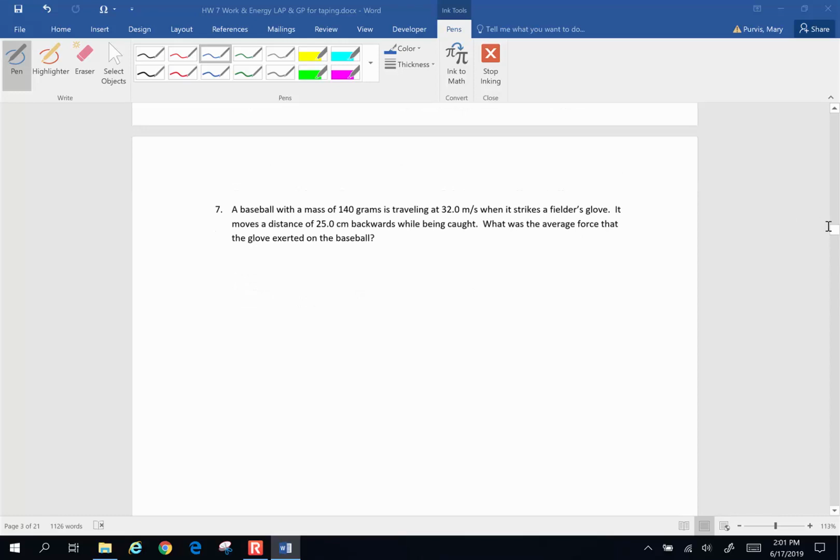Number 7, a baseball with a mass of 140 grams is traveling at 32 meters per second when it strikes a fielder's glove. It moves a distance of 25 centimeters backwards while being caught. What was the average force that the glove exerted on the ball? Here's the way this works. The kinetic energy that the ball possessed is transformed into the work that is done on the ball in order